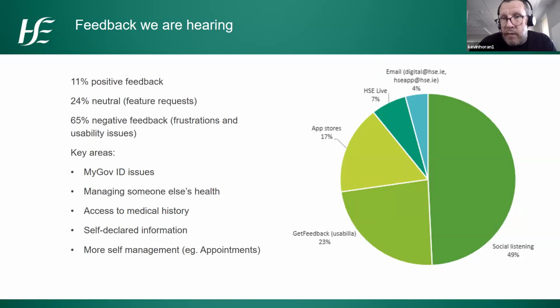So we're building up a database of these items. We've quite a low volume of spontaneous feedback. It would be in and around 500 items at the moment, but we are seeing some trends that we recognize from some of the research elsewhere. The biggest driver for feedback would probably be access issues and people experiencing problems logging into the app using MyGov